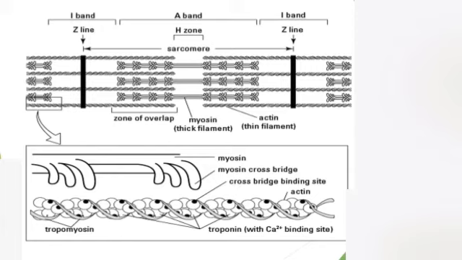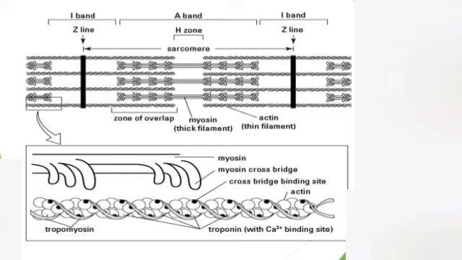And as you can see in the diagram, the actin and myosin filaments overlap each other, and the arrangement of actin and myosin filaments results in a number of other bands also being recognized, like the H zone, A band, I band and Z line. And we have discussed these bands in the previous slide as well.